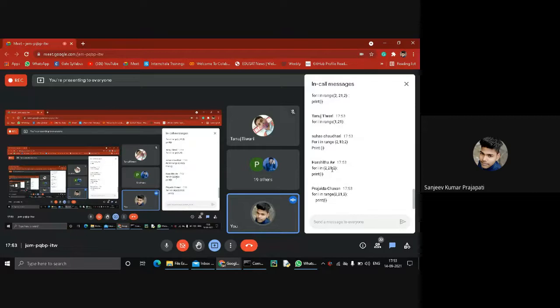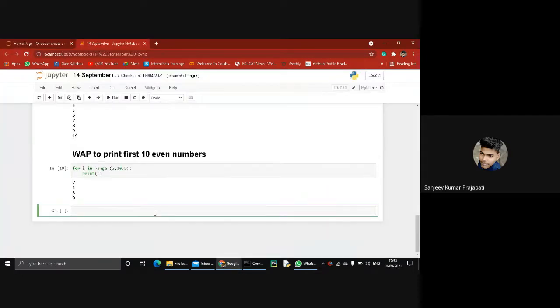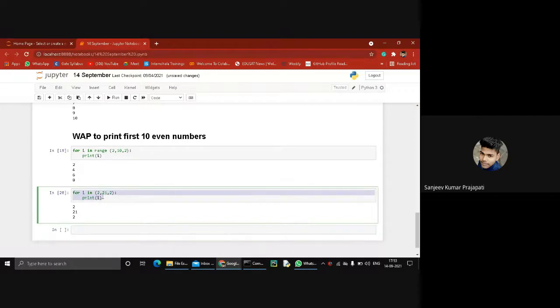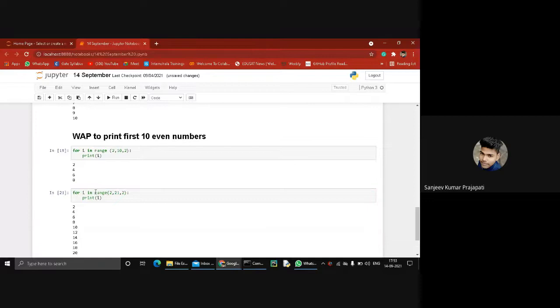Let's start with 21. In this case, one number is missing. Nothing to print in this case because you don't use range.